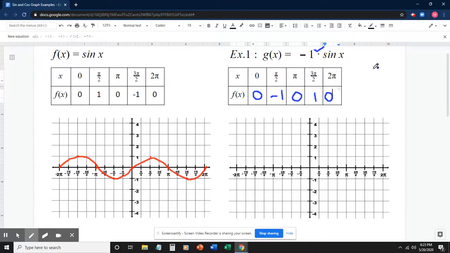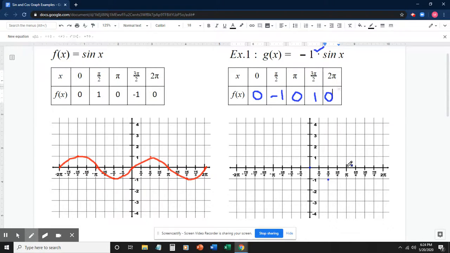So what did it do? Well, it reflected across the x-axis. It changed the signs on all of our answers, on all of our y values. That's the thing you should notice. You don't need to do it one point at a time. If you see a negative in front of the problem, multiplied by a negative, it's just going to switch all the signs. That's the key. And so then I graph it: (0, 0), (pi over 2, -1),